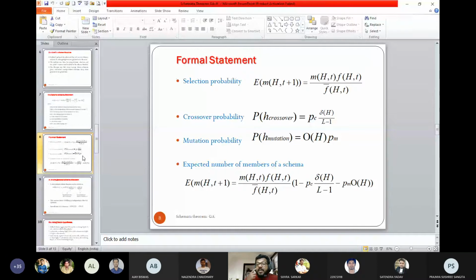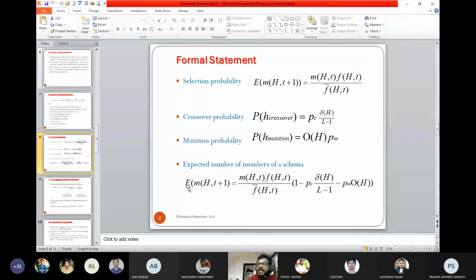You start with 3 schema. Your expectation is that H1, let us say a particular schema, will be repeated many times in the new generation. Suppose you start with 3 schema, H1, H2, H3, and your question is which schema to prefer. That can be answered by this fourth formula. For all the schema, H1, H2 and H3, you find the expected probability. Whichever is higher, you continue with that schema.